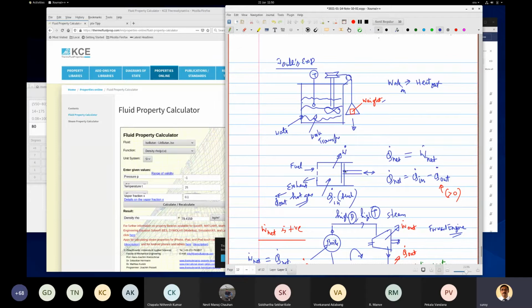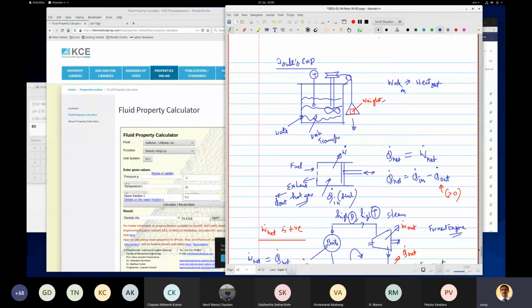Sometimes the piston moves back and forth. So work positive, work negative. So there is some net work, right? So you have net heat input and net work output, right? They are the same. Okay, this is the energy balance. But in the earlier case, only work in and only heat out. Here it is not so. Heat in, heat out, work in, work out, both are there.